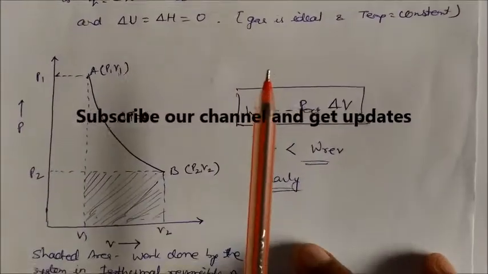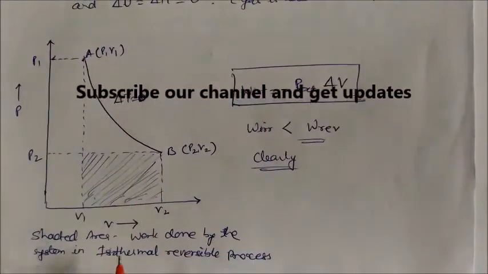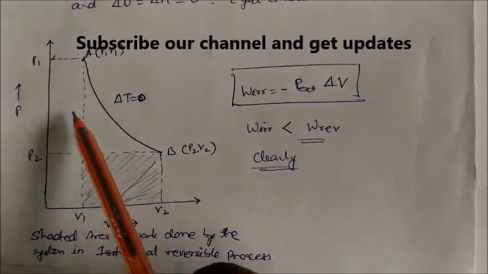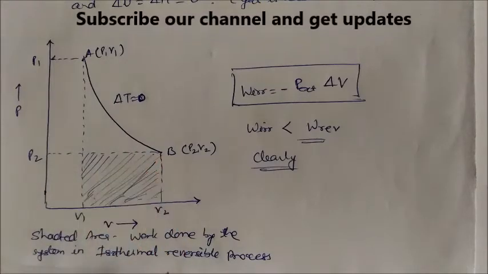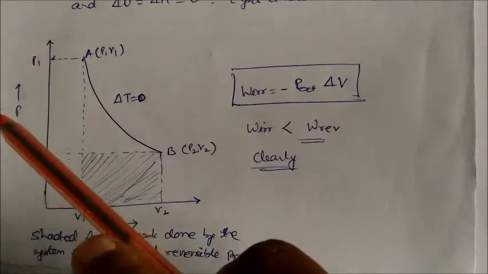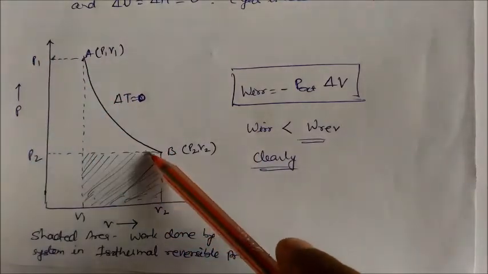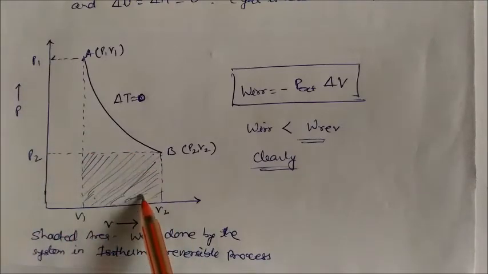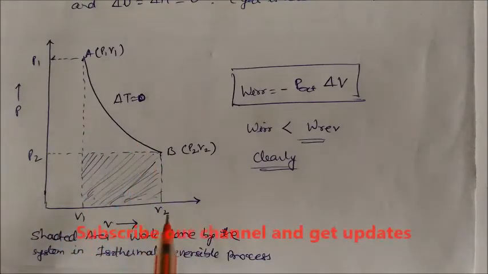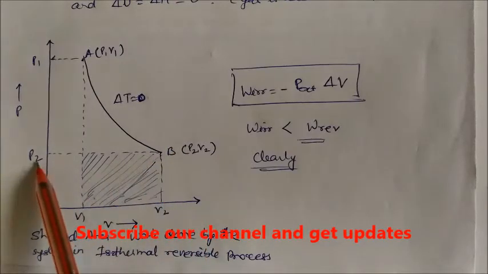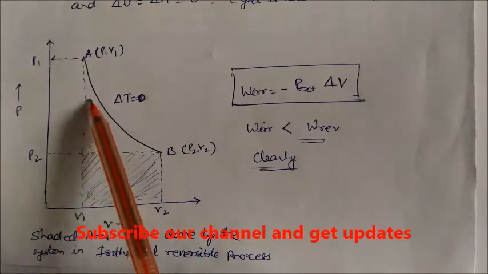We can see this diagram also. This is a diagram of the isothermal reversible process, and this shaded area is actually the work done, not the full area. The full area will be the reversible work, but the shaded area is the actual irreversible work done, because in this case, if you take this area, this becomes the irreversible work done. So we have to take the final pressure. From the final pressure, whatever the shaded area is covered is the work done by the isothermal irreversible process. So we have V1 volume, V2 volume. At the V2 volume, this is the final pressure. So this is the only work done, not this one.